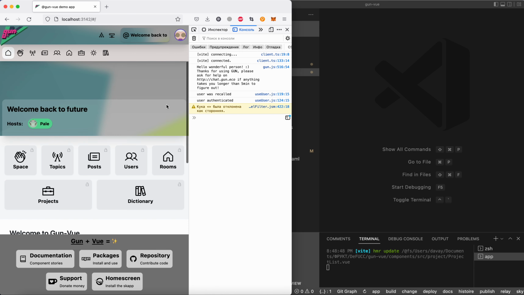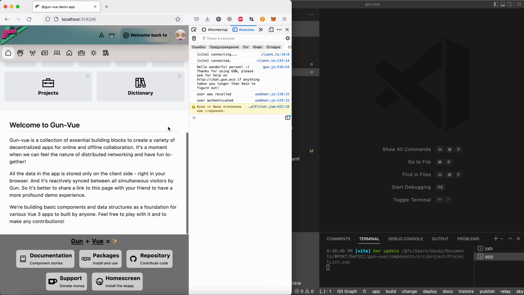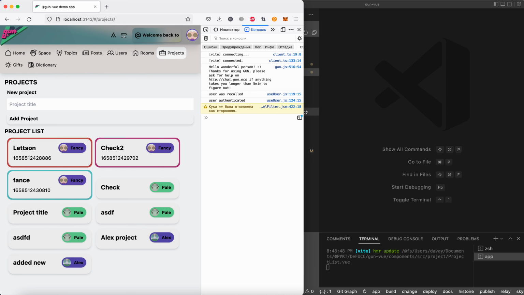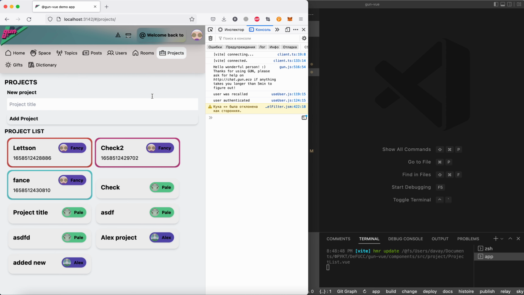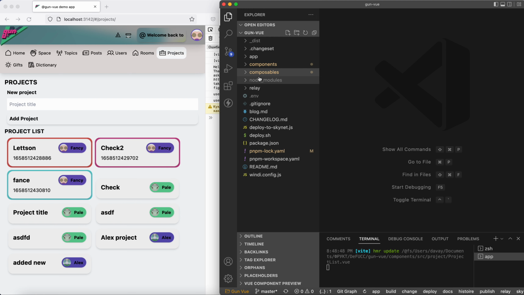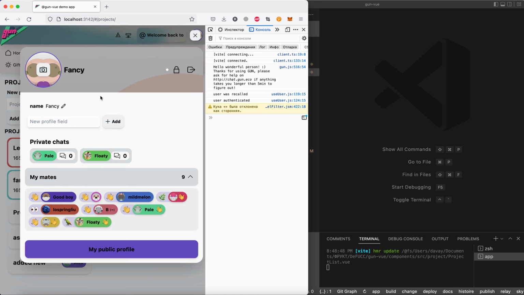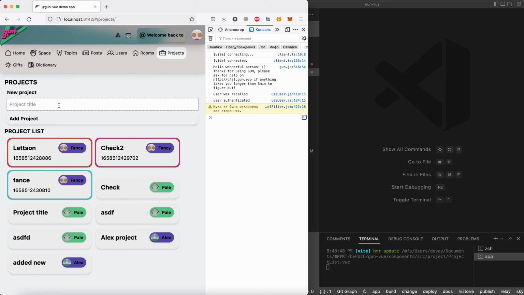Hello everyone, we are back to GunVue development, and I want to show you some basics of building a GunVue application feature. So I've recently added this project section, and it's quite simple now, as we have the list that is available for everyone, any logged in user. So I'm logged in, and I can just enter a new project, so project